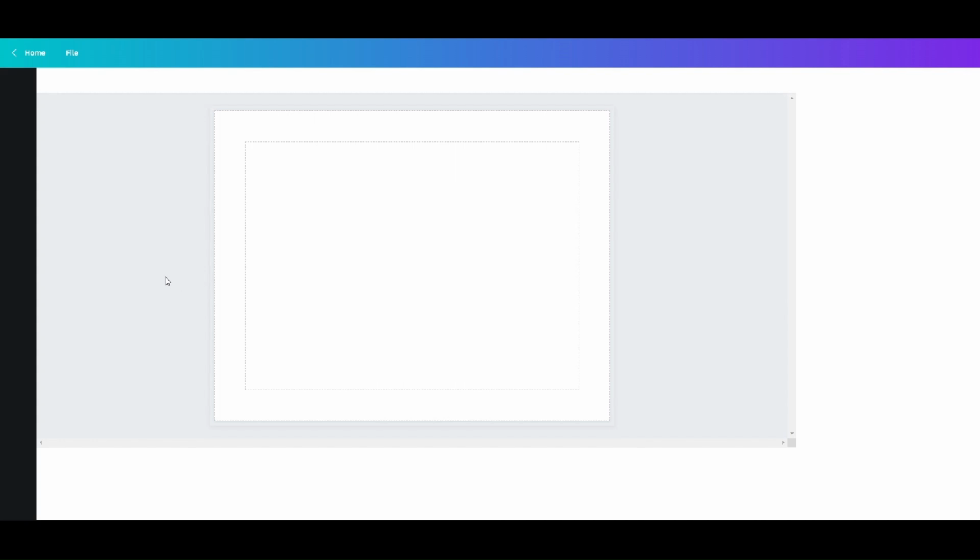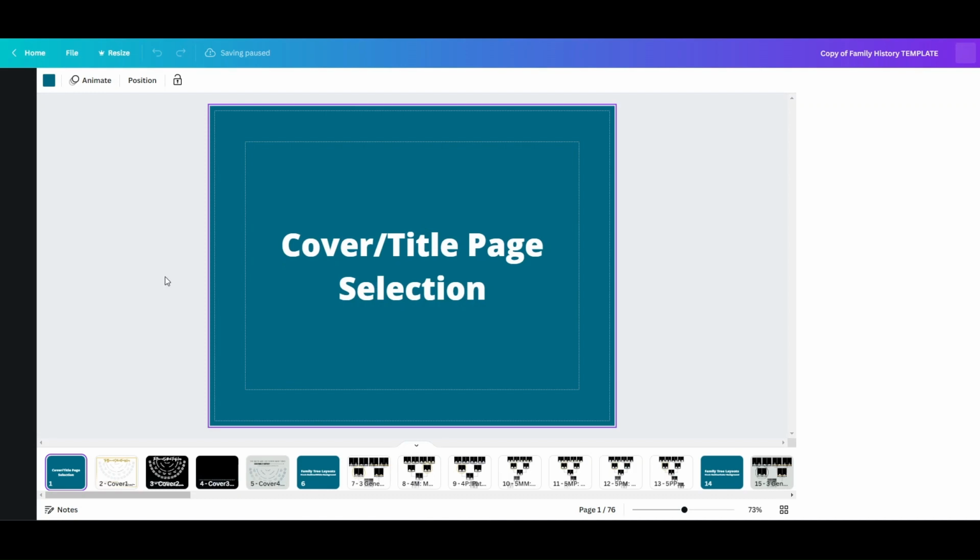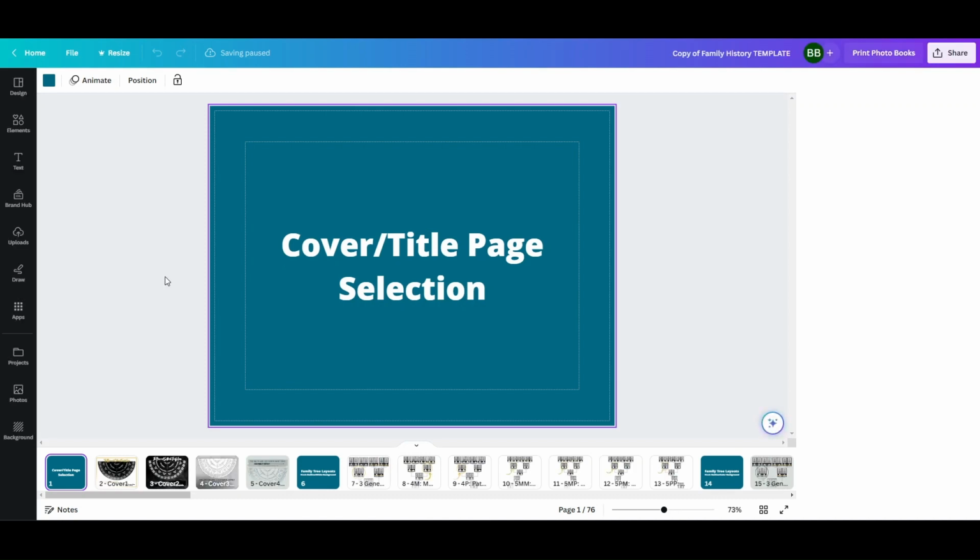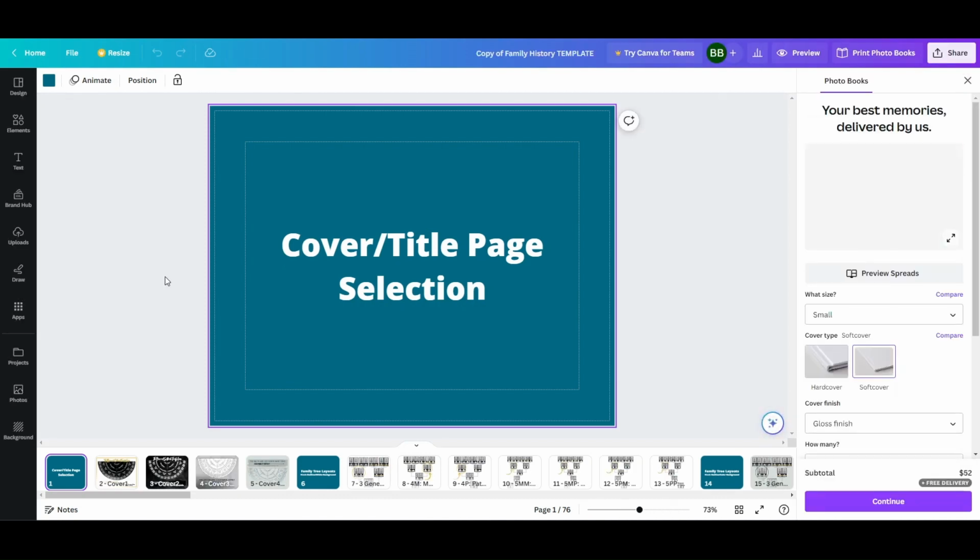The reason we find that to be helpful is it's nice to have an original unchanged copy in case you need to revert back or refer back to a certain page and how it's set up and how it's used. It's a nice fallback in case things have gone sideways throughout the process of your project. You just have that original file that you can always go back to and work from. All right, so